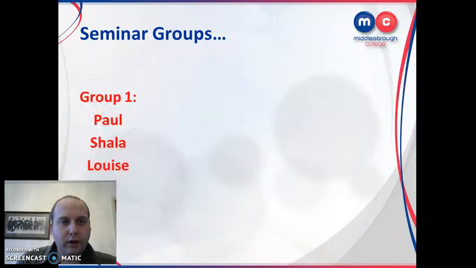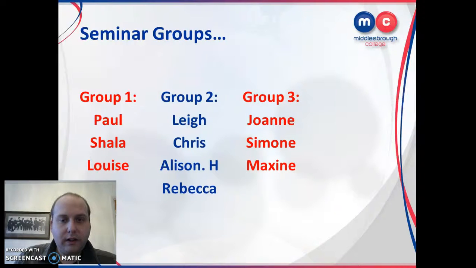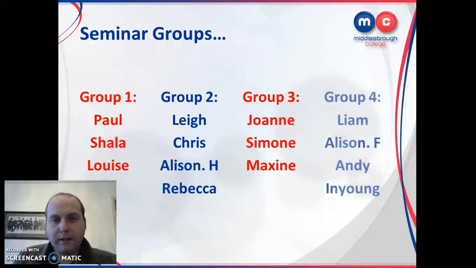So the groups then: Group 1 is Paul, Charlotte and Louise. Group 2, Lee, Chris, Alison, Holmes and Rebecca. Group 3, Joanne, Simone and Maxine. Group 4 is Liam, Alison, Forster, Andy and Inyung. And the subjects for those groups,